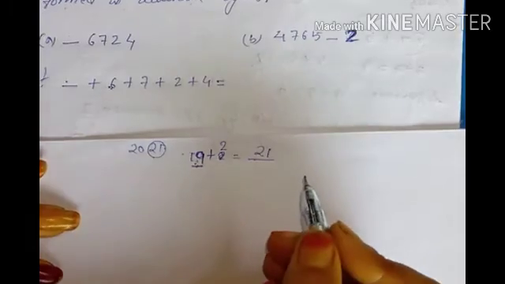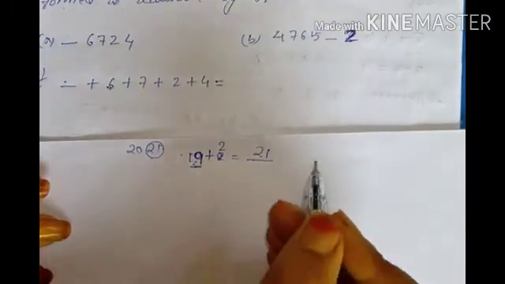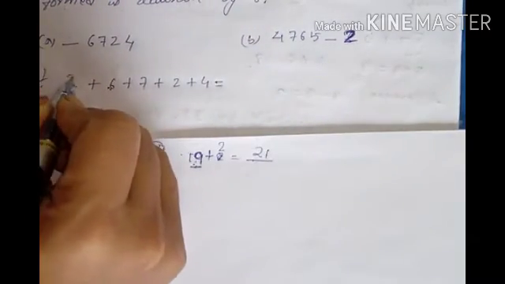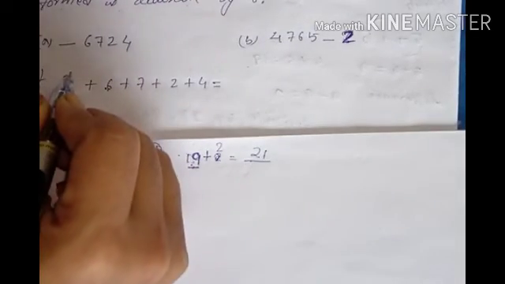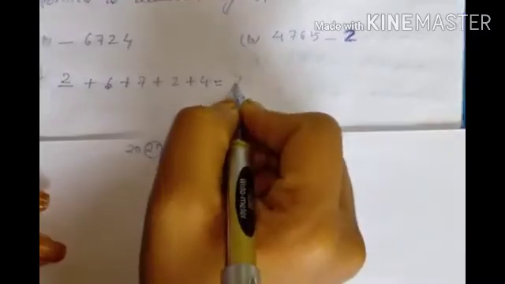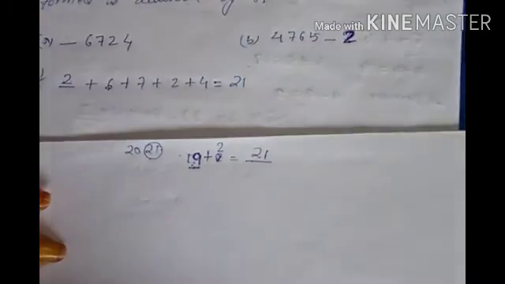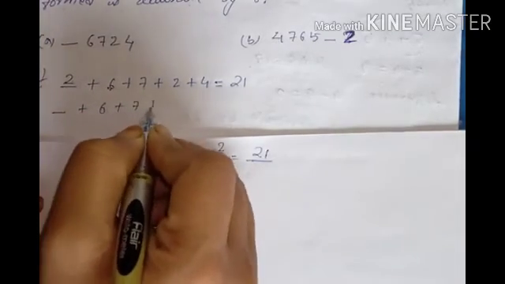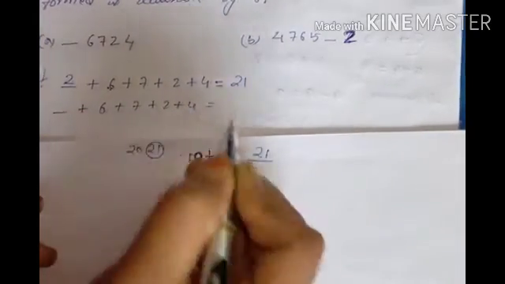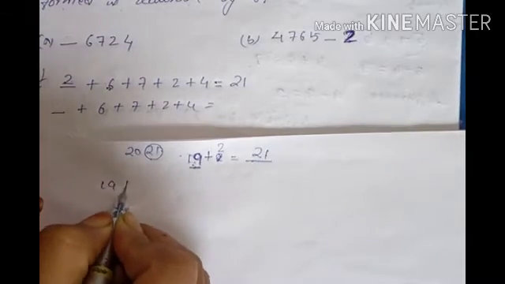So the smallest number you can put here is 2. Now if you add all these numbers, you will get 21, and 21 is divisible by 3. So the whole number will be divisible by 3. Now next, we have to find the greatest one. Again the sum is 19. Now 19 plus what?